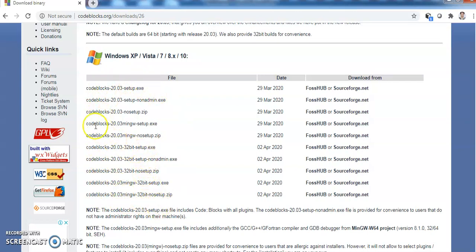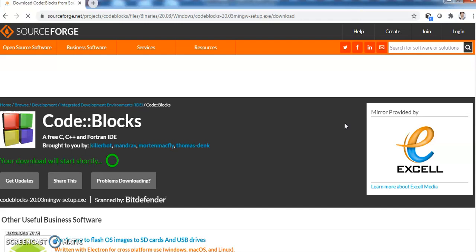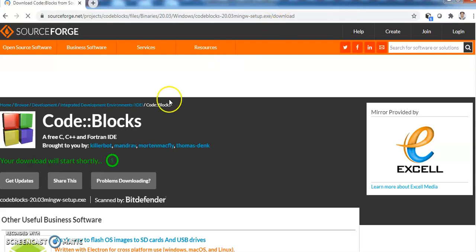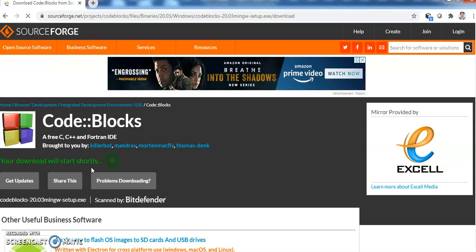We will select codeblocks-20.03mingw-setup.exe because mingw indicates the C and C++ compiler. Here we have to click on SourceForge.net, then it will get diverted to this website and will start the downloading of the Code::Blocks editor or IDE.